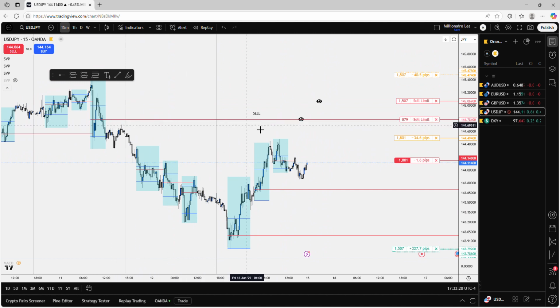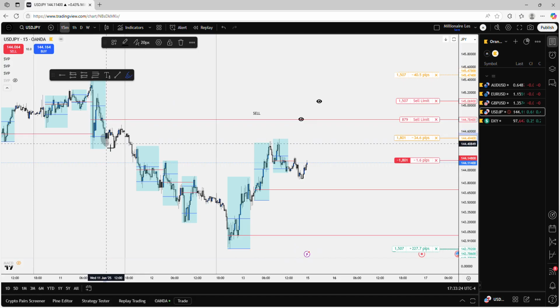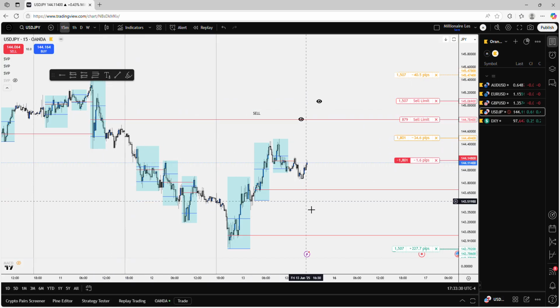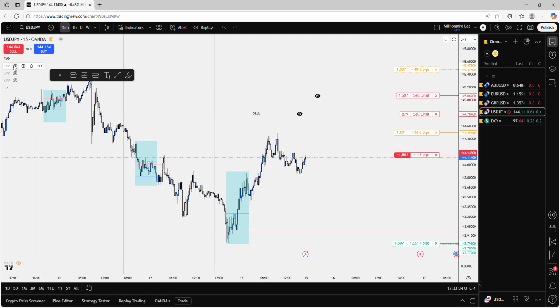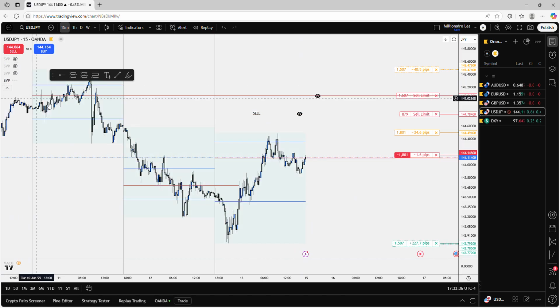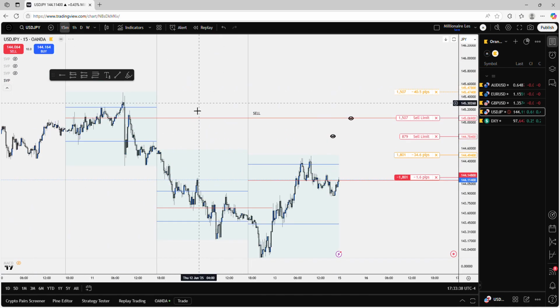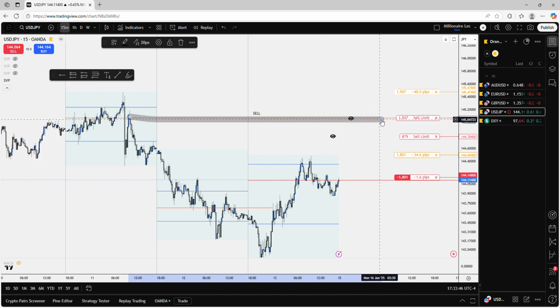This is another area of interest for me. I literally just said that I don't really like when price closes on the value area, but I noticed with UJ, if it closed in the general vicinity, it's going to clap it and then fall down. If we go to the sessions, as you can see again, price closed below Wednesday, July the 11th value area low. So this POC is an area of interest for me.